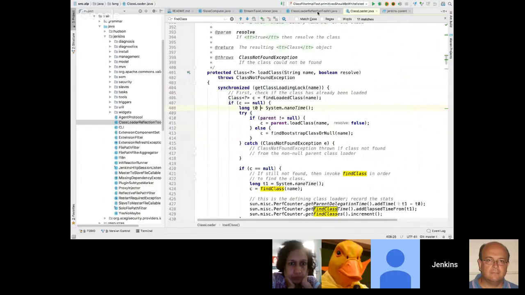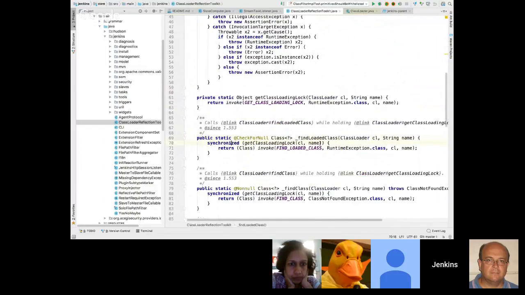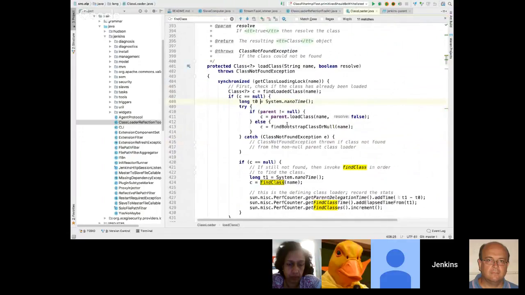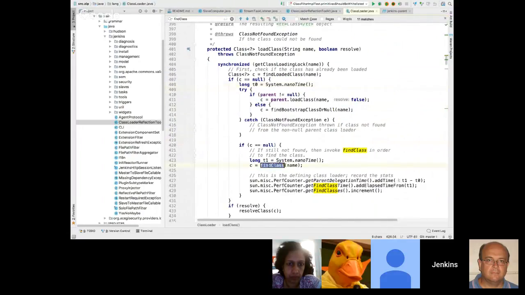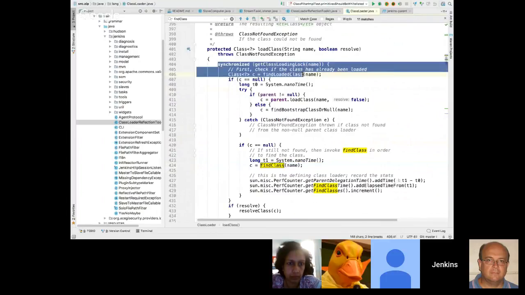It's similar to what we have here. So we also acquire the class loading lock, which is another reflection call. And then we try to get findClass working. So effectively, we have this logic in the call and this logic.